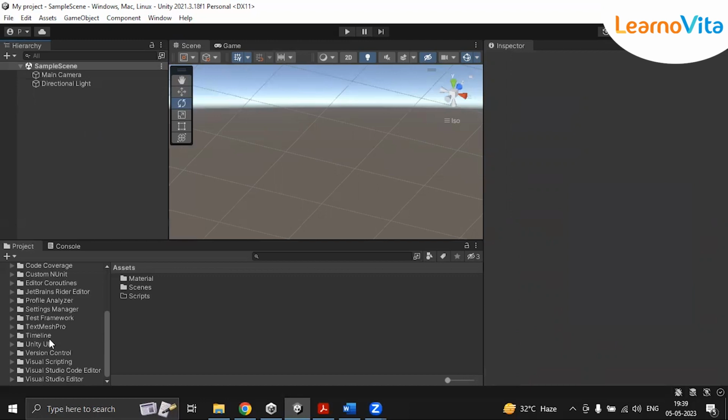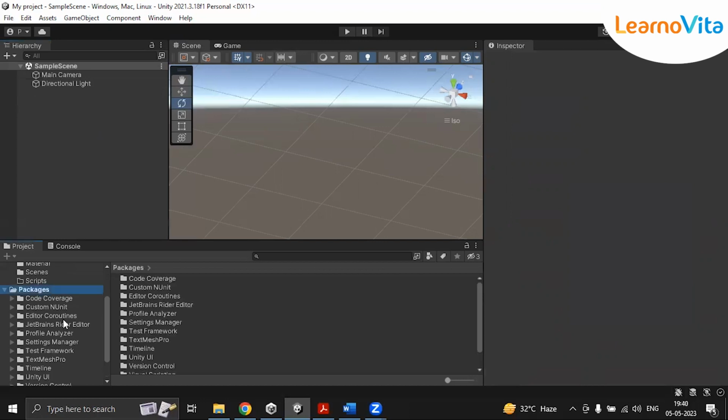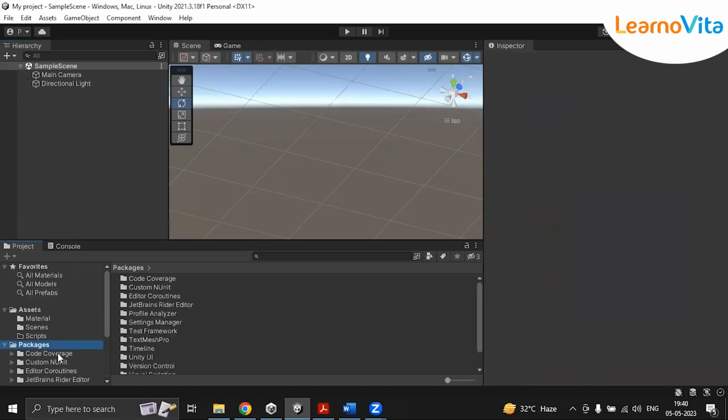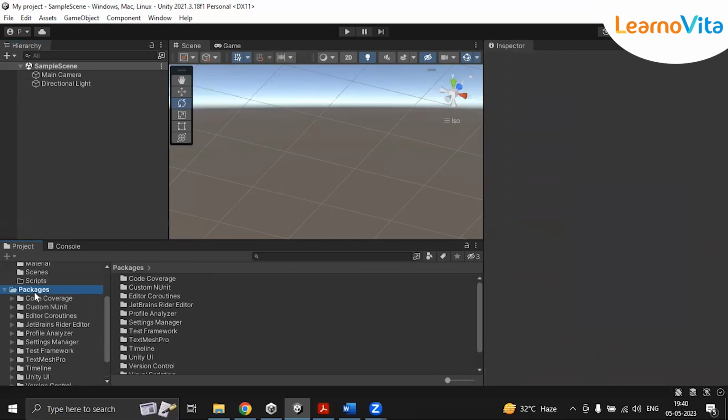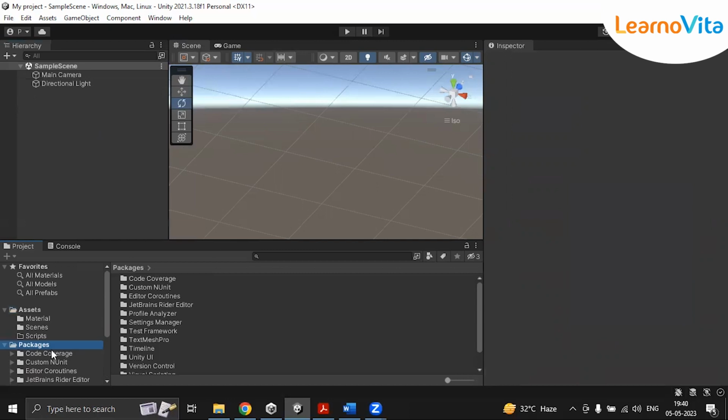These are called packages. Some packages are inbuilt, and some are available but are not in this Unity editor already. We have to import those packages,